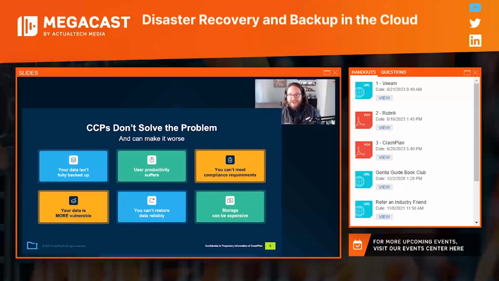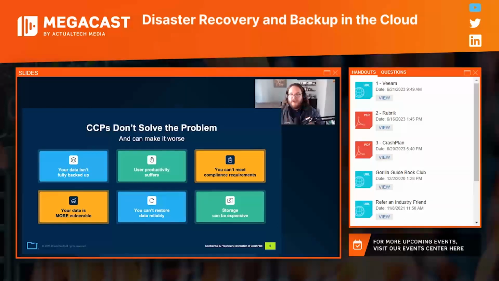Because if anything changes that, if a colleague of mine and I are both working on the same presentation and they make a change, that will show up on my device. If I delete it in one place, it will be deleted everywhere. If an encryption event occurs, that happens everywhere. Versus a true backup solution, where nothing happens to the data stored in the backup if something happens to the original copy of that data. The problem with these cloud solutions is you're collapsing it so there is only one copy.